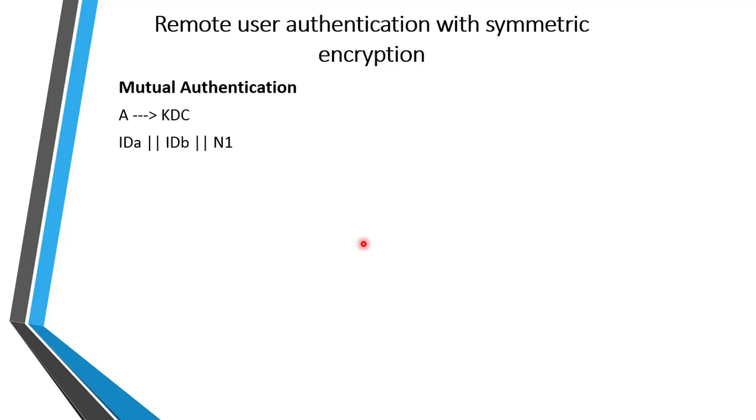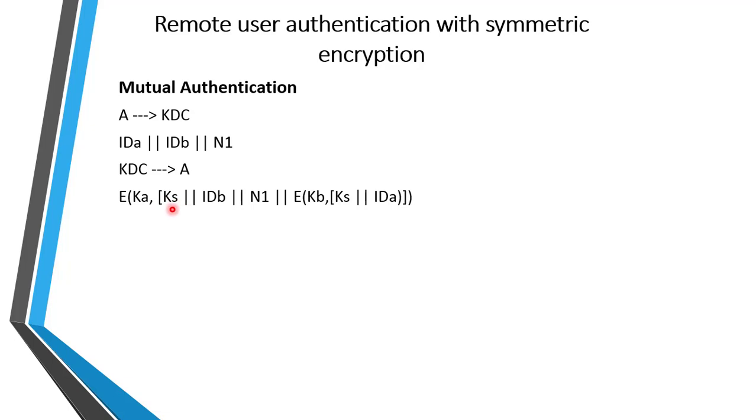Here, the user is requesting the session key which has to be shared between A and B during the communication. For that, the user is asking the key distribution center for the session key. After that, the key distribution center will reply to A with the session key KS, which has to be shared between user A and user B, with the ID of B, nonce N1, and some information for B, which is not decrypted by A because this information is encrypted using B's secret key. So now this message is decrypted by user A.